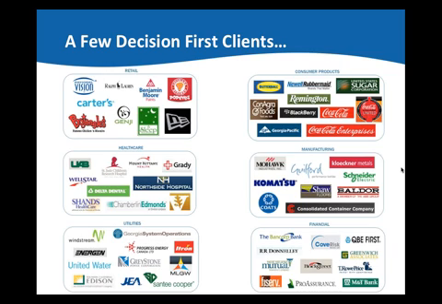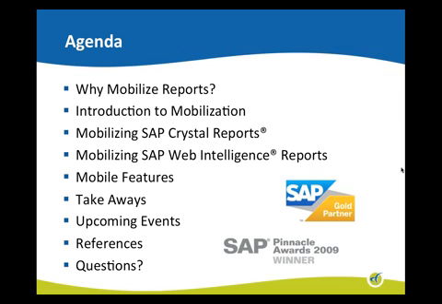For another multi-billion-dollar specialty chemicals company, we've taken content that was previously in Web Intelligence, like we saw in our last webinar, and is now delivered on mobile to sales managers. So some of the things they're able to see are sales numbers, sold-to breakdown, and some information about their distributor network. And finally, we've helped a leading beverage company deliver Crystal Reports, dashboards, and some ad hoc analysis with Explorer, and that's delivered to their top-level executives.